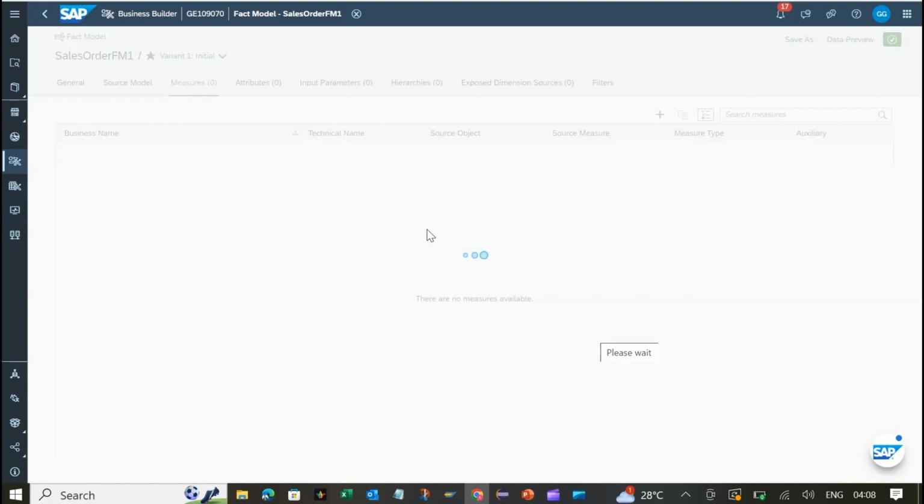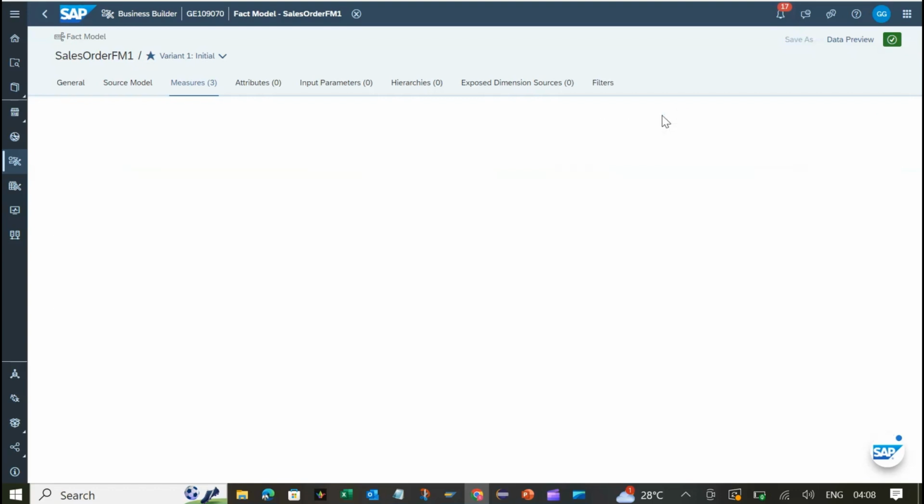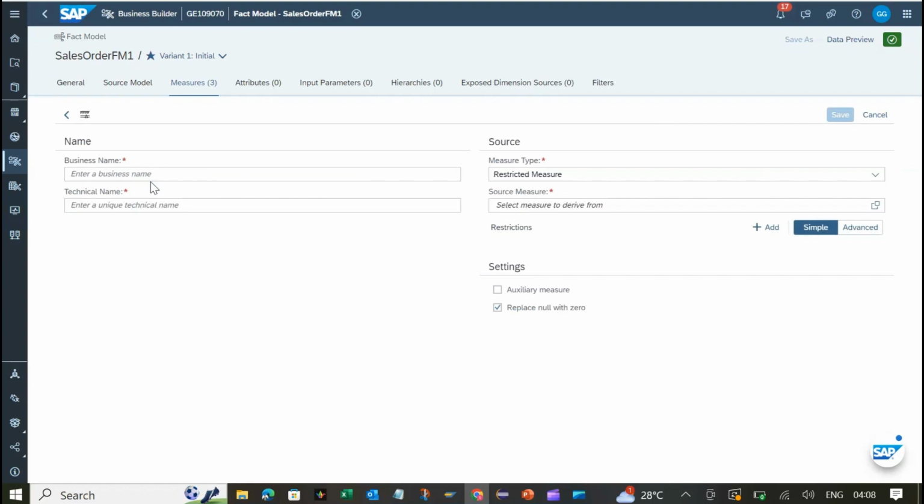So this is how simply we can just add the existing measures from our source models to this fact model. Apart from this, you also have an option if you want to add a calculated measure. So you can click on this plus button. It will open a new window where you can name your business, like if you want to make it a